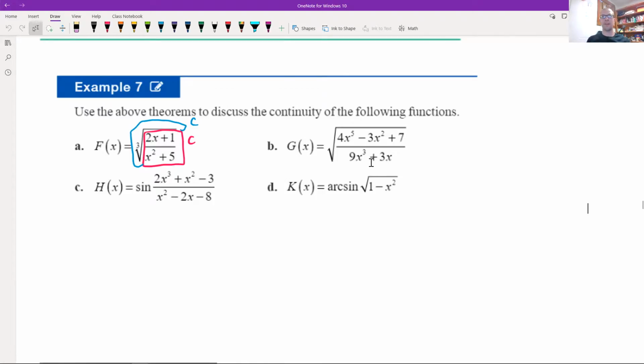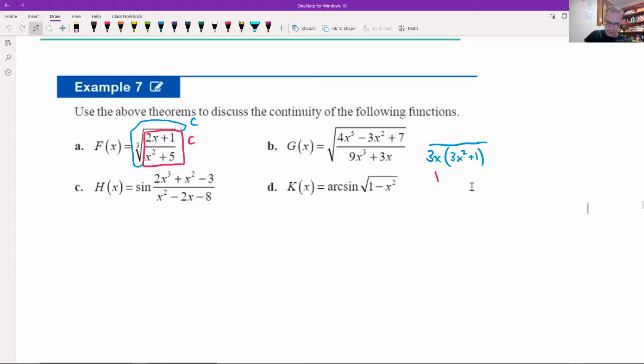The bottom part can be 0. We can factor that a little bit. No, we don't want 9. Let's pull a 3 out. And let's pull 3x out, sorry. And then we've got 3x squared plus 1. So examining the denominator here a little bit,